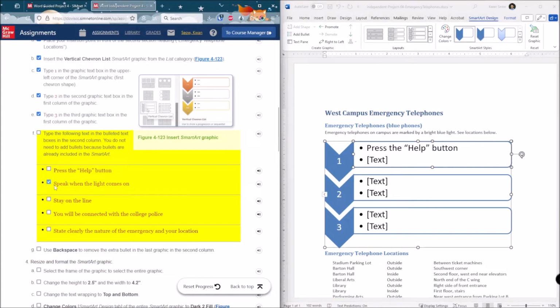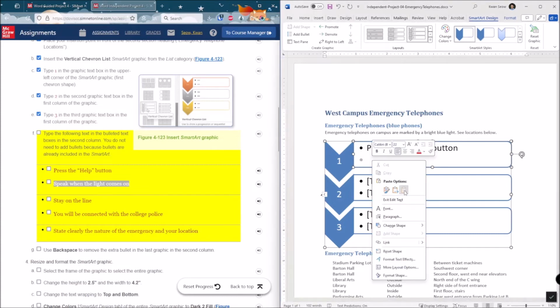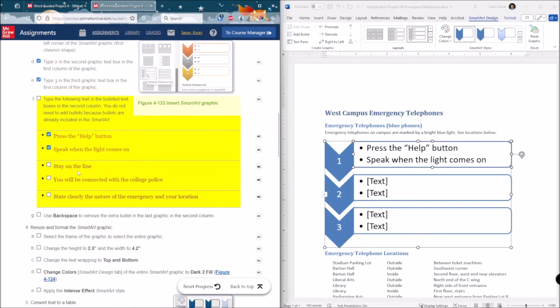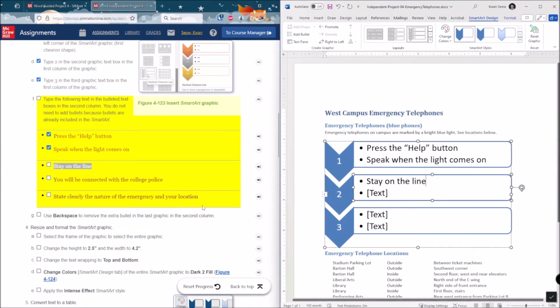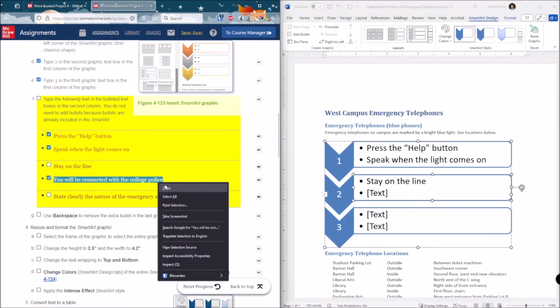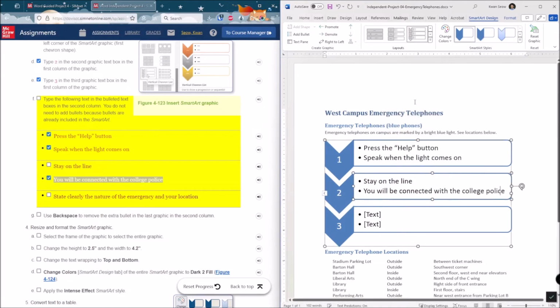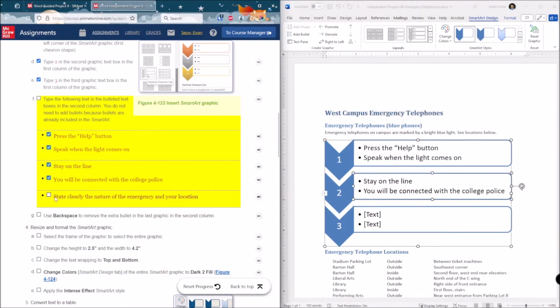SimNet is picky sometimes, but for this one, I don't think SimNet cares if you just copy the text over from the instructions. So I'm just gonna go ahead and do that, and then copy that into this second row. Yep. And then the last one is just one row.